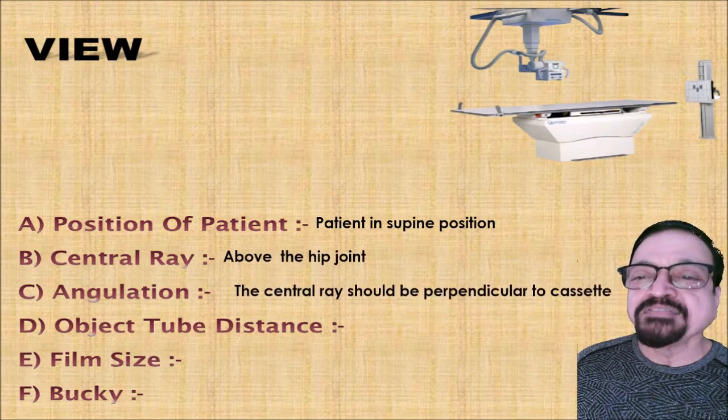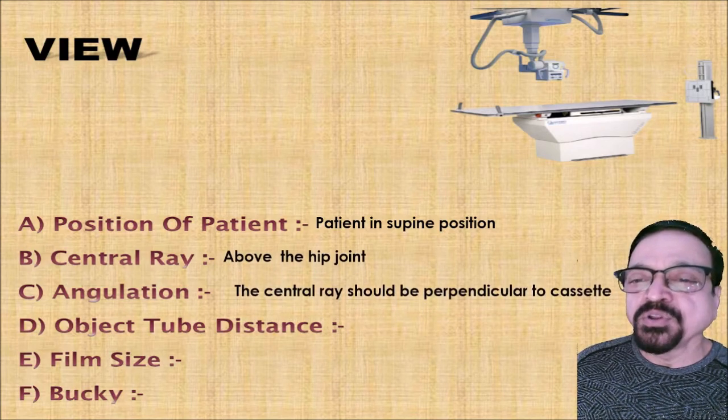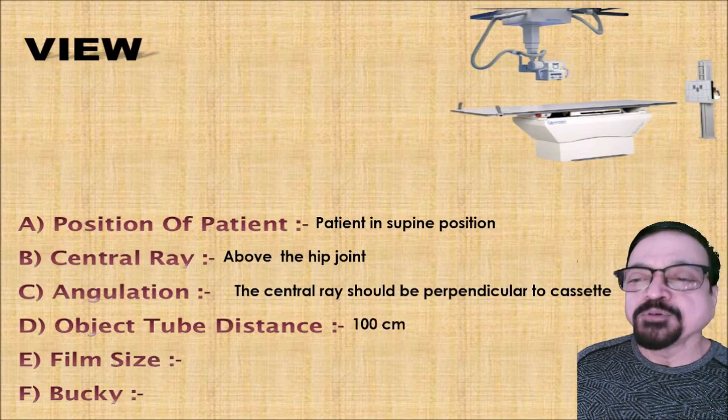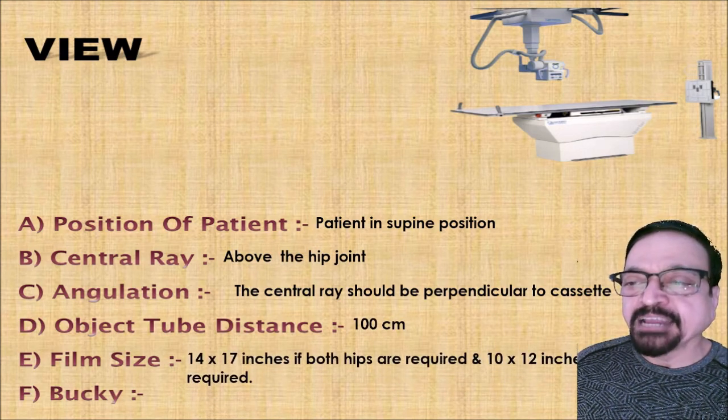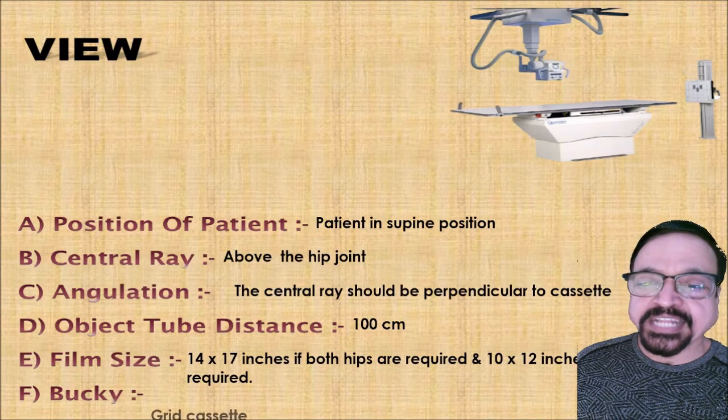How to mark the surface marking for the hip? I have already told you. From the anterior superior iliac spine, you go to the symphysis pubis. You draw an arbitrary line, find the midportion of it, then draw a perpendicular. That will give you the position of the hip joint. Or the best way, you can also palpate where the hip joint is and adjust your technique accordingly.